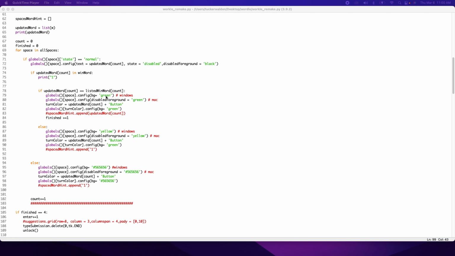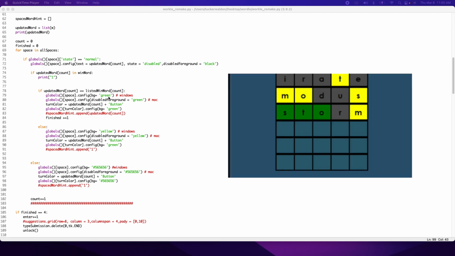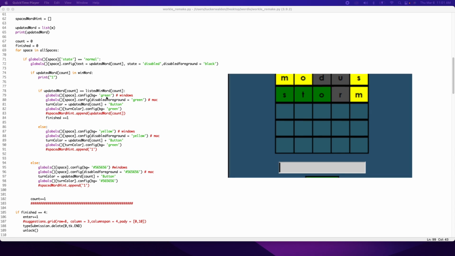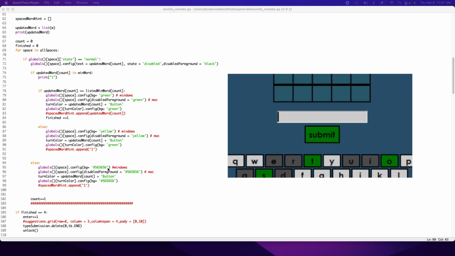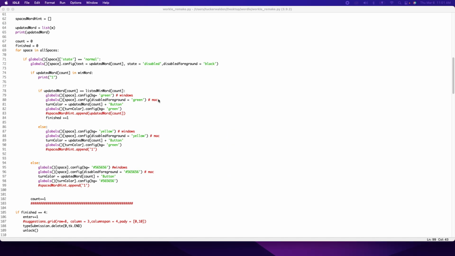Background is weird on Mac. So for Windows, you're going to have a really nice, beautiful interface, and it's going to be this up here: background green, background yellow, background this. For Mac, it's going to be disabled foreground is equal to green, disabled foreground is equal to yellow, disabled foreground is equal to this. It's not as pretty, and I'll put a side-by-side comparison of what these products will look like on Windows and Mac. But if we run this now,